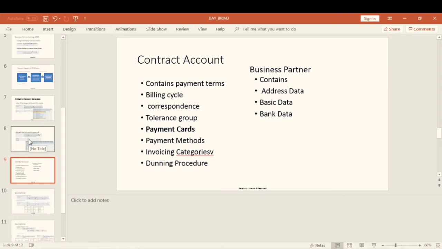The contract account will have all the payment details of the customer, like when he wants to pay the bill, what are the methods for the payments, and how he wants to receive the notices of invoice, the means of invoice. All these details will be maintained in the contract account of ECC. So we will see the customization settings.